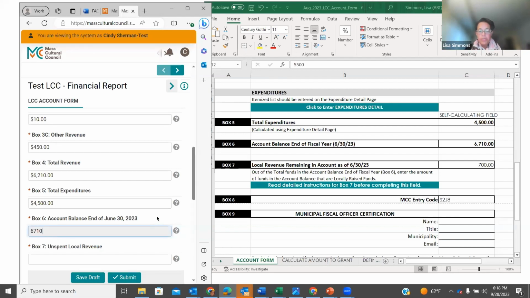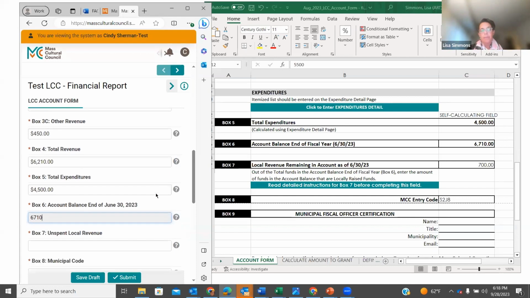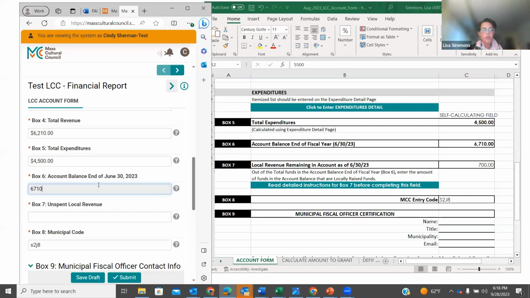The other thing I want to tell you too is when you're doing this, these question marks here help you do the calculations. If you're questioning whatever the calculation is, if you're not sure, you can scroll over these question marks and they will give you the actual accounting that needs to happen within that form. So if I say, how do I know what the balance is? What does that mean? It's box 1 plus box 4 minus box 5, which will equal box 6. So if there's ever any question.